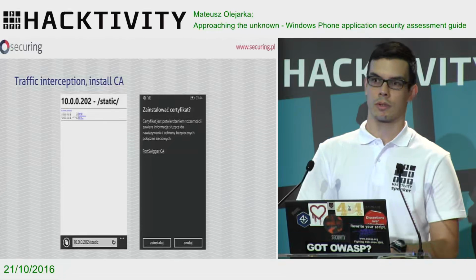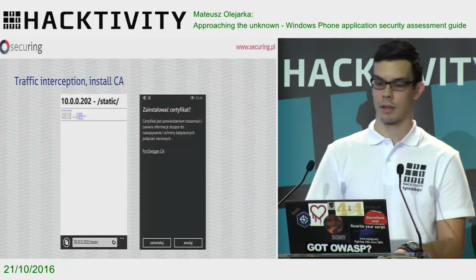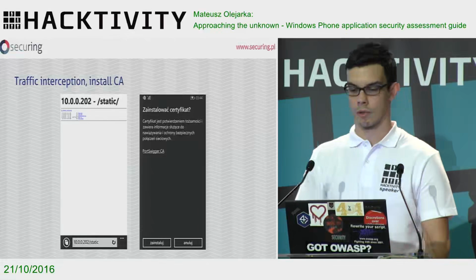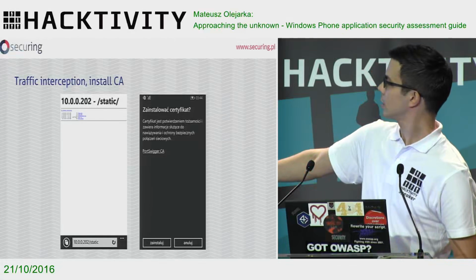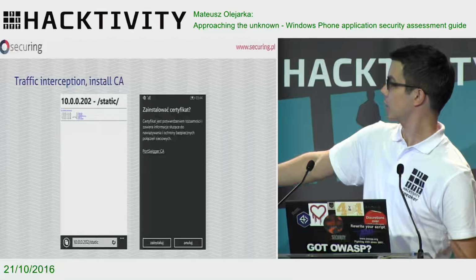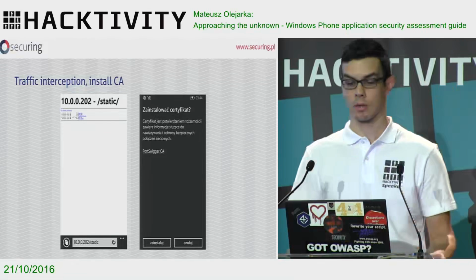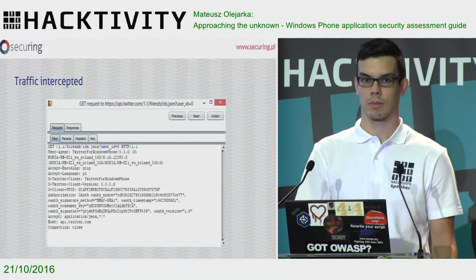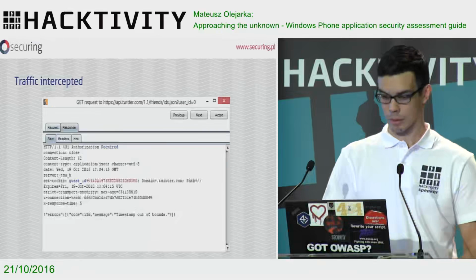What you need to do is change the extension to CER, and then, served from local IIS, you just click it and it will ask, sorry for the Polish language, if you wish to install that certificate. You click yes, and that's it, you can intercept traffic. In case of Twitter, that was enough. No pinning there, I just grabbed the traffic.